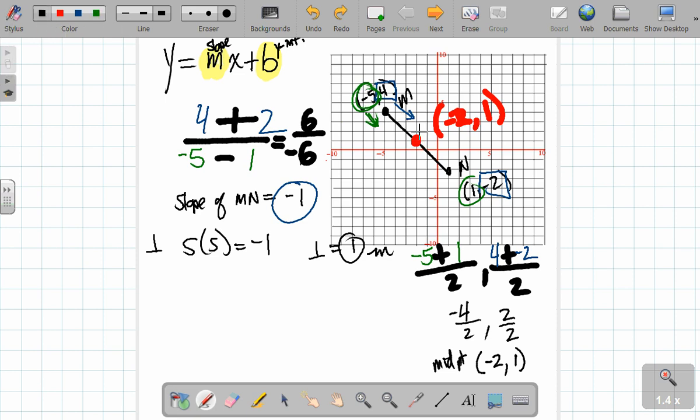Okay, so our slope has to be positive 1, so I'm going to go over 1, down 1. Whoops. Up 1, over 1 this way, positive slope. Go ahead using a straight edge. We're looking for the